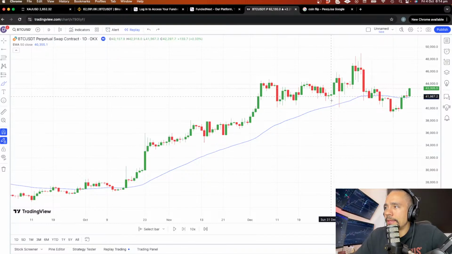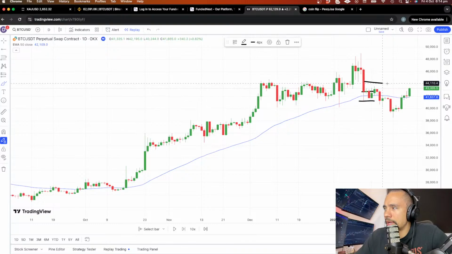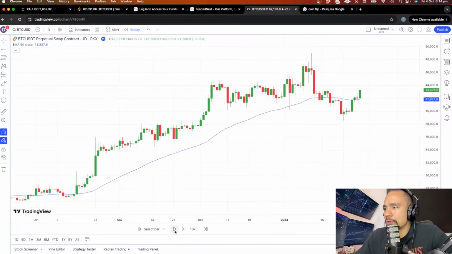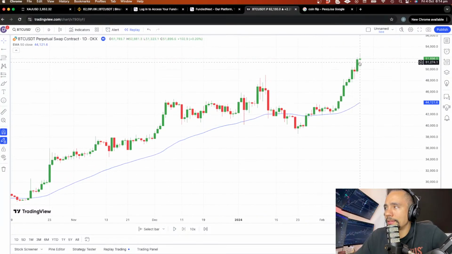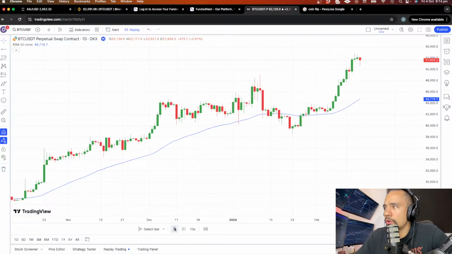Once that happens, you need to wait for the market to go away and then test it again, like here. Let's say you go long here, put your stop there, your target would be there, and this one you would be stopped out. So now let's play this strategy for a little bit. Now the market went up, so we're waiting for the market to go back to the 50-day moving average, and we're gonna go long.